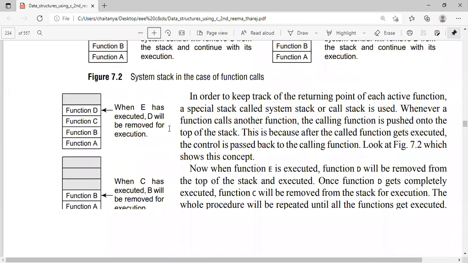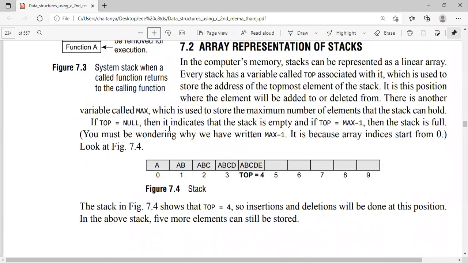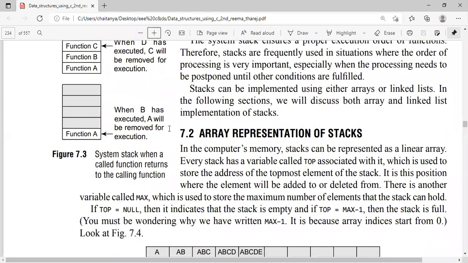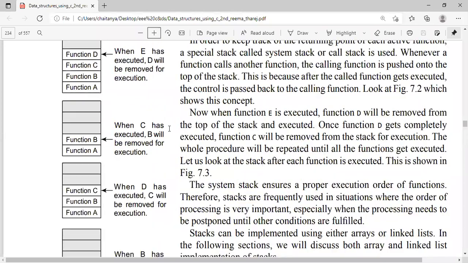So how can I represent the stack? I can implement the stack data structure by using an array or by a linked list or some other data structure. At the end of the day, for function calling, I may be using a stack.